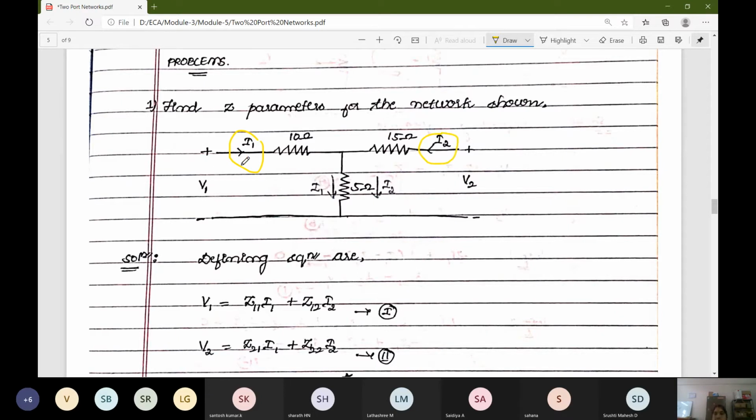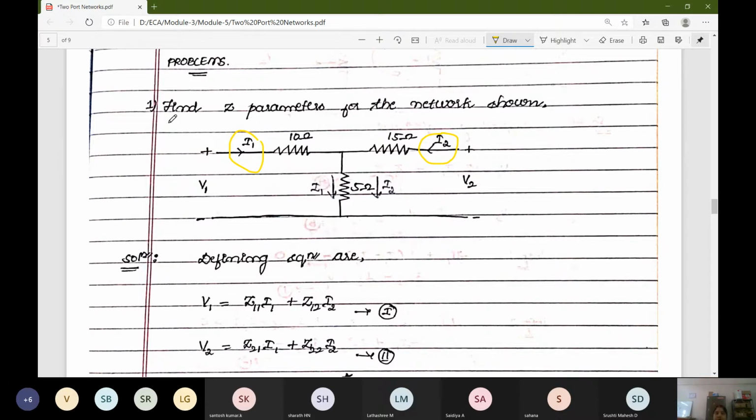One is in the clockwise direction, one is in the anti-clockwise direction. I2 is against. You should not change it. You should not do clockwise, because for 2-port networks, both the currents are going inside the port. This is the network we have. So I1 and I2 should have this direction only. You should not change the direction of I1 and I2. And V1 and V2 have plus minus polarity. That should be followed.